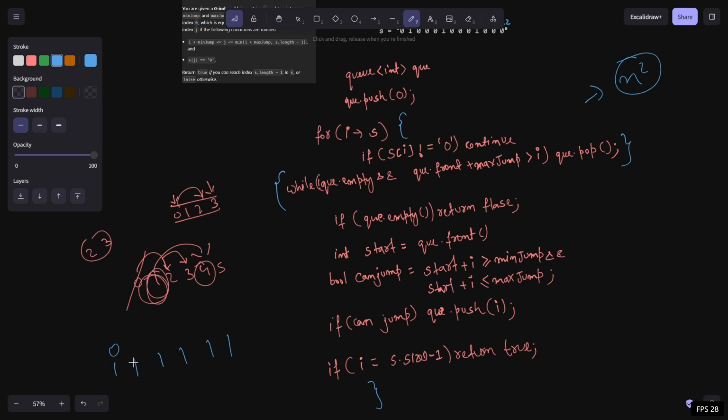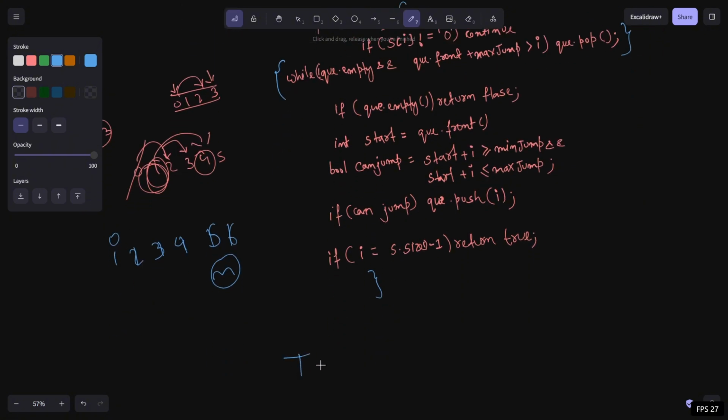We are not going to pop index 2 twice or index 3 twice. So this line is going to execute at max n times. So the whole time complexity of this code is going to be big O of n, and at max the queue can contain n elements, so space complexity is also going to be big O of n.